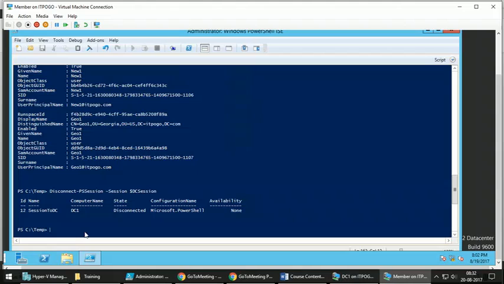So where this will be helpful, let me give you another example. Suppose you have written a script. That script is going to connect to Active Directory, or that script is going to connect to a SQL server, run some SQL commands or run some Active Directory related commands, produce some output, and then exit.